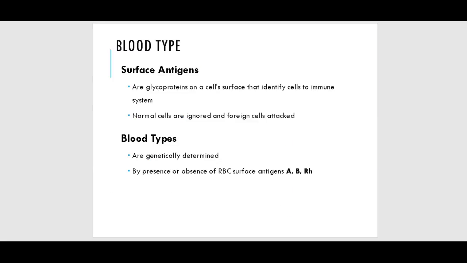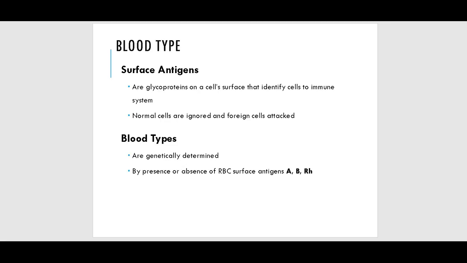In order to understand blood types, we have to know a little bit about surface antigens. Surface antigens are glycoproteins that stick out of the cell's surface that identify the cells to the immune system. They're literally like little ID cards that tell the immune system whether the cell is a self cell and whether that cell is healthy or not. The immune system travels around the body and monitors all of these antigens. All of the normal, healthy self cells are ignored, and foreign cells or infected cells are attacked by the immune